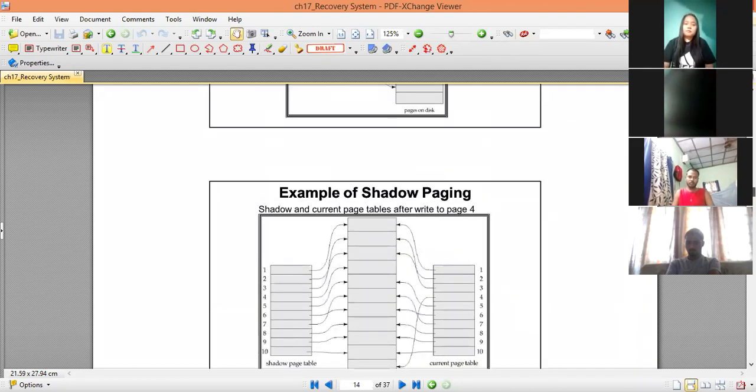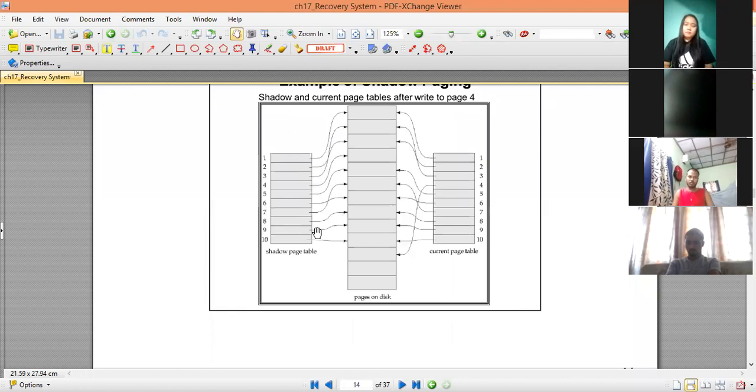Now, whenever something is to be written, it is written in the current page table, and that is pointing towards the pages on disk, and therefore it will have the last modified copy. Whenever you are writing on the current page table, that is not reflected to the shadow page table immediately. As long as the execution is going on, only the current page table is being written. The shadow page table will hold the previous copy.